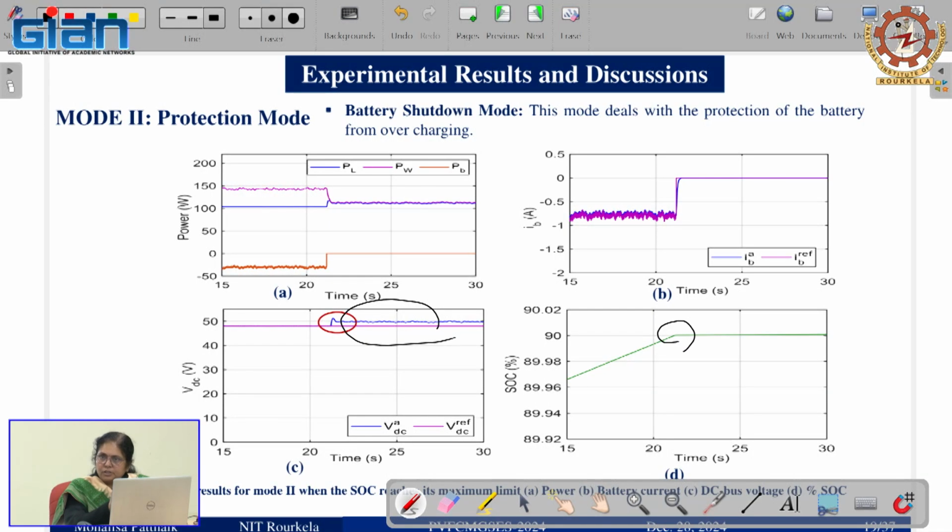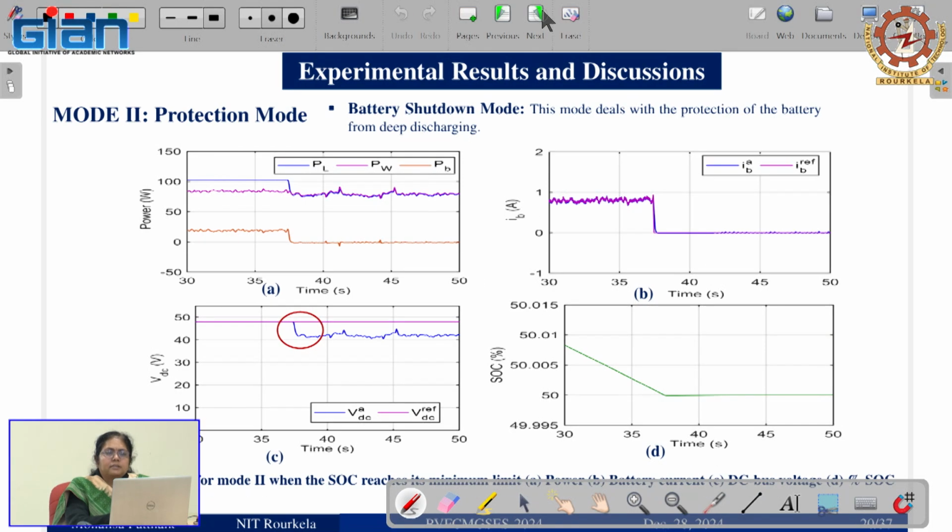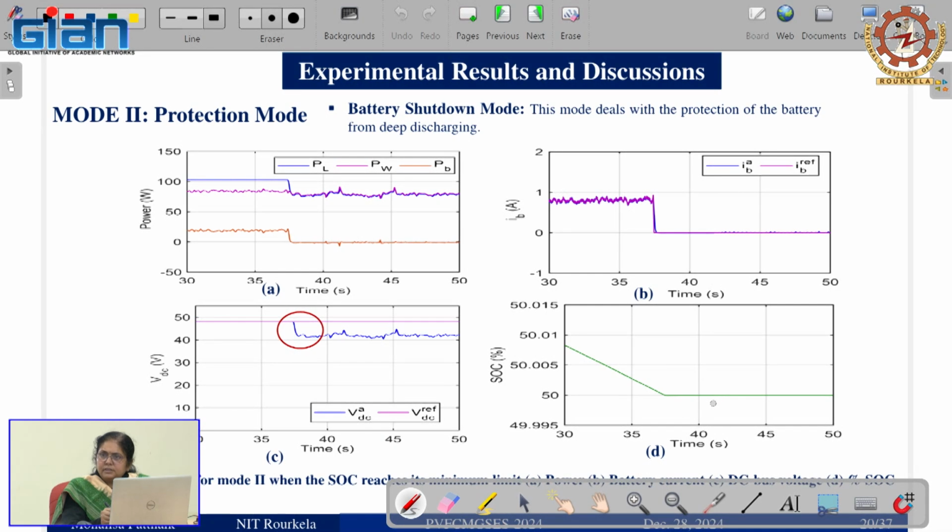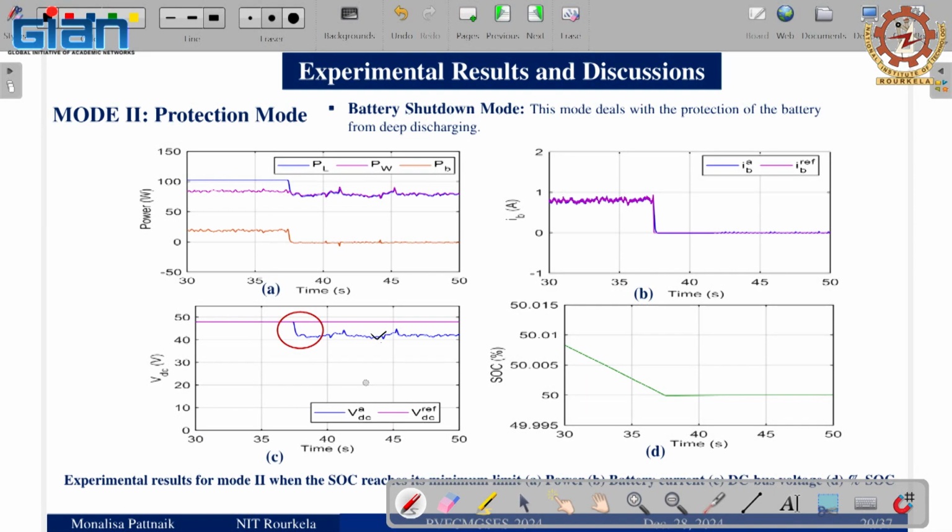First I have shown, if you can recall, this problem without reduced power mode control, where the buck converter, instead of MPP operation, will operate in a closed loop to regulate the DC bus voltage. So these are the results for the deep discharge condition. It reached 50% SOC and the bus voltage is less than 48, it is unable to maintain. So now we are switching the buck converter, the bidirectional converter is disconnected.